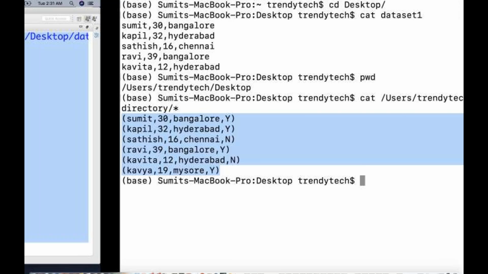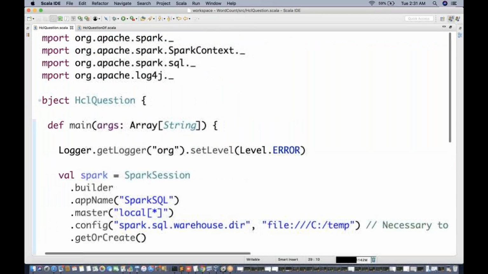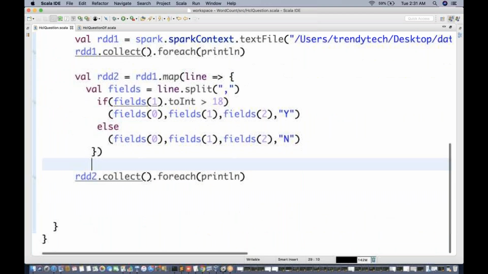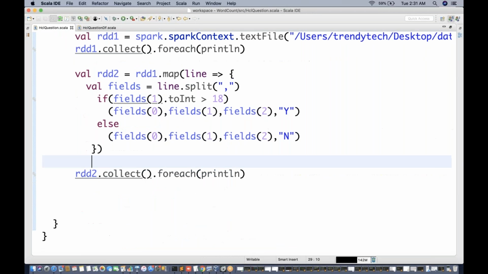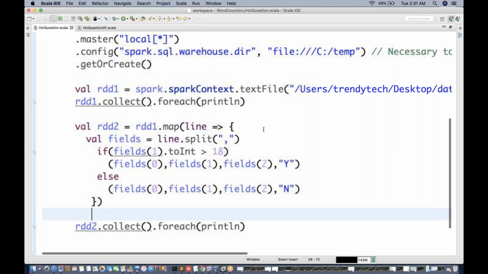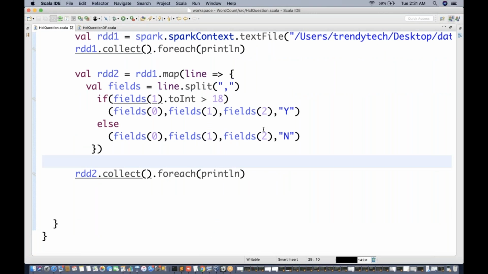Okay, so I hope you understood this well. The whole purpose of writing the code in front of you is that you will get a feel of it. Otherwise, if I just showcase it, you might not understand well. So I hope this looks pretty easy, correct? And if you really want to save it to a file, you can say rdd2.saveAsTextFile and give the path.